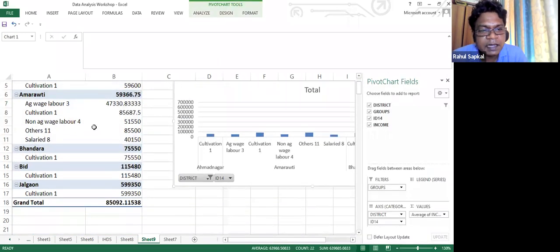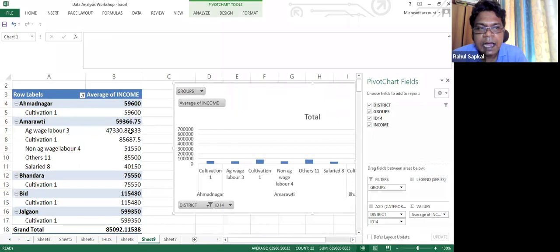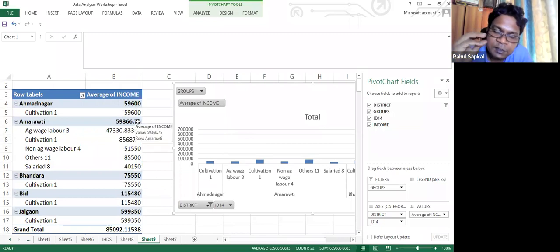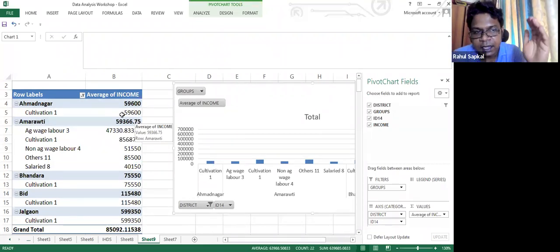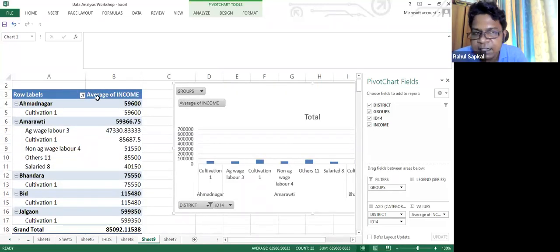Okay, now this is my basic table. Now I would like to know, if I subdivide the group like this, you can see it in your total column. If I want to subdivide the group, I want to see only in this particular occupation how much variation there is. So I add the function called a slicer in this summary table. I will add a slicer in my summary table.